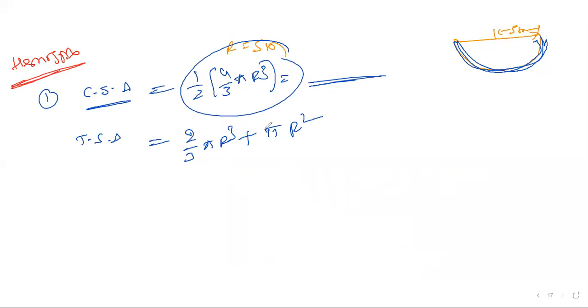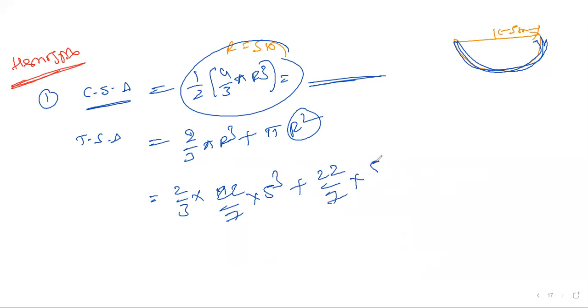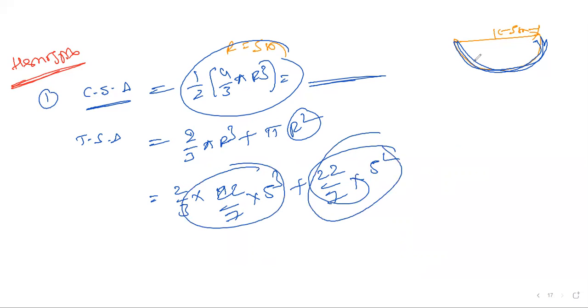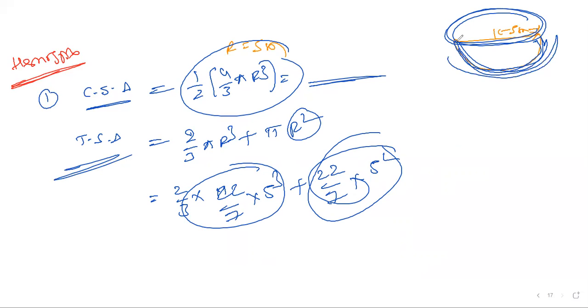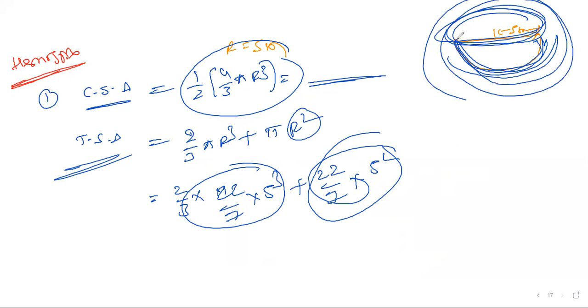Now you know that r value. Pi means 22 by 7. R cube means 5 cube, plus pi r square, 22 by 7 into 5 into 5, that is 5 square. Simplify this. This is the extra area of your cap. You need to close the cap because you need to close the box, so the box should be painted. This is the TSA that will come. CSA means only this curvature will come. TSA means the total should come. The total paint you require to paint it will give the TSA.